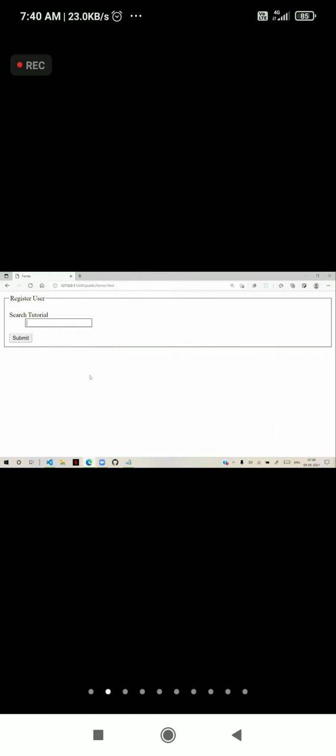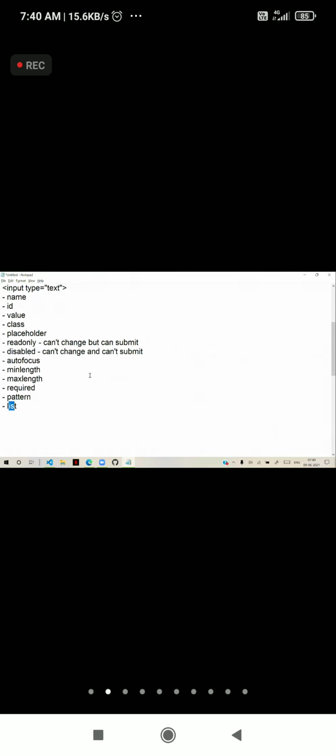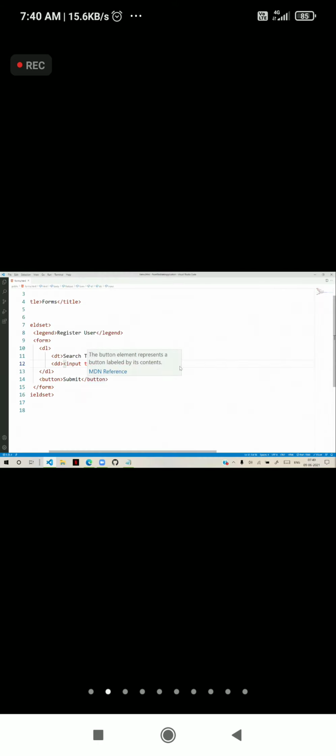I don't want it like that. I want permanently some list to come. Even if you clean the browsing history, they will not be deleted. You need a permanent list for suggestions. Then what we do is, under the text box, actually you can maintain it anywhere. Just below the text box, we are using a data list.